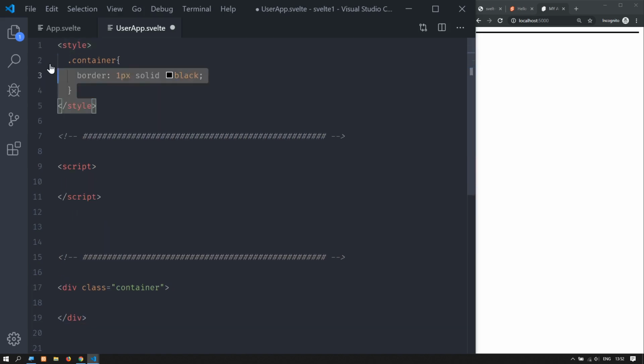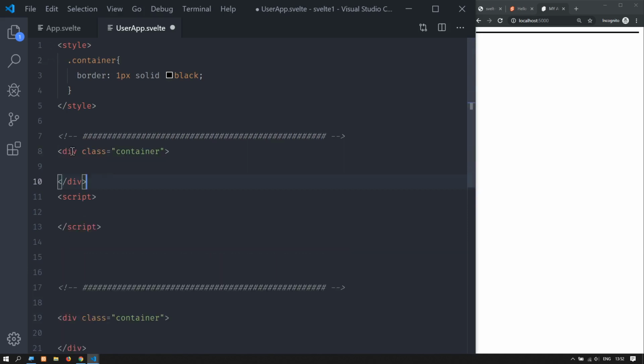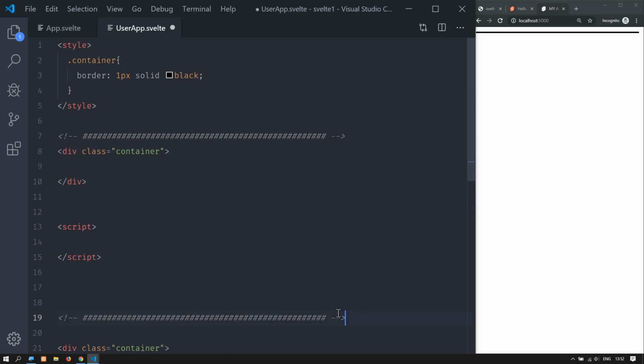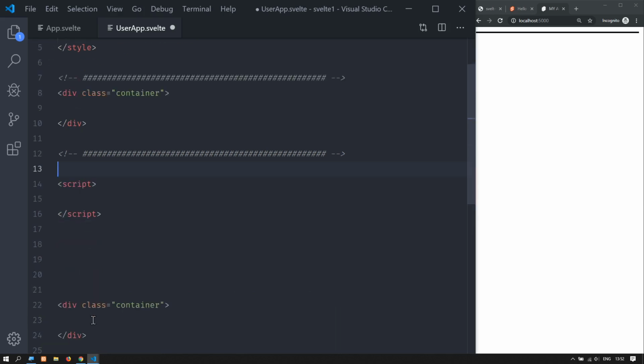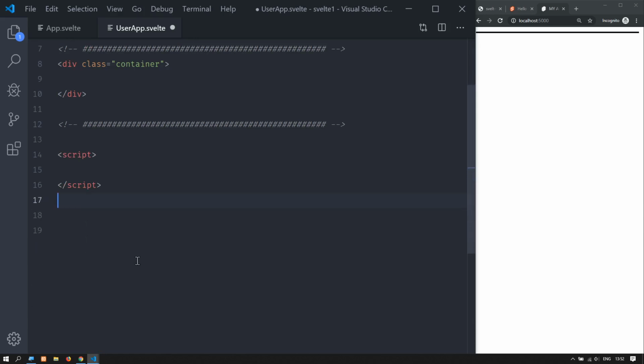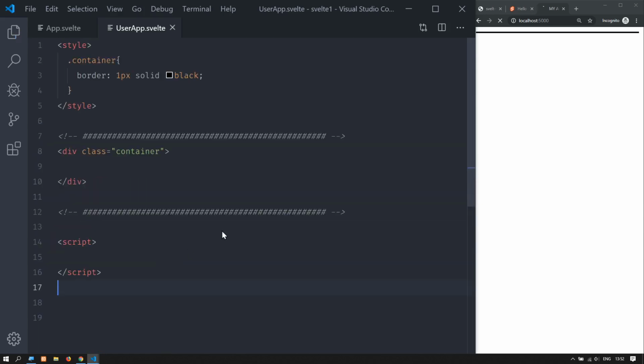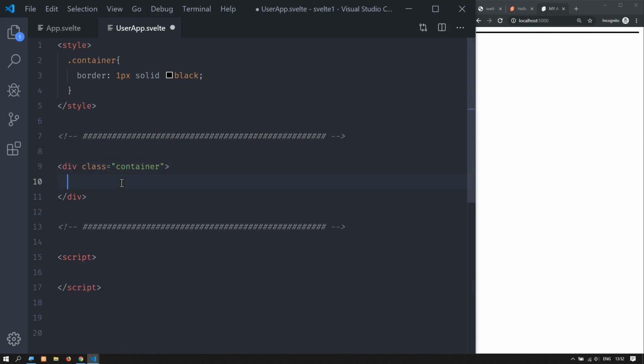Now, I prefer to have the style at the top, just like normal HTML. Then I prefer to have the HTML in the center, and I like to have the script at the bottom of my file, like this. It doesn't really matter how you place it. Things still work. So now that I have the user app, over here, I would like to have a form,